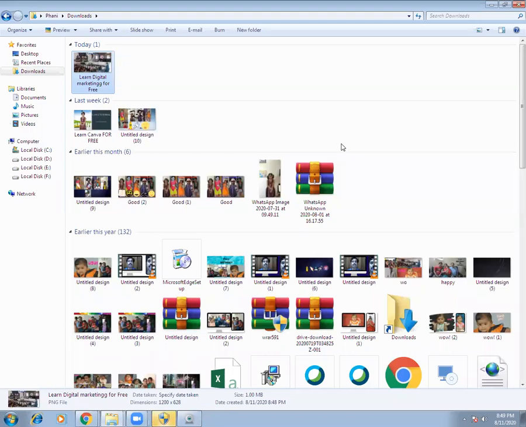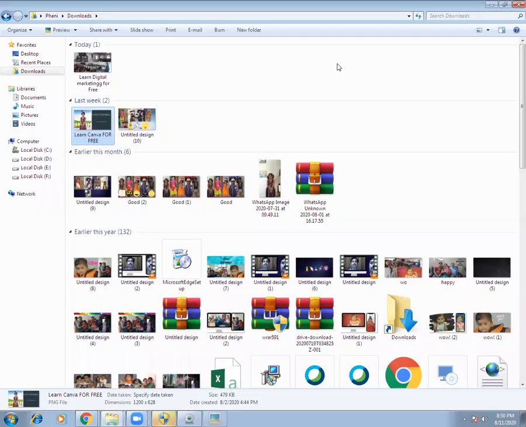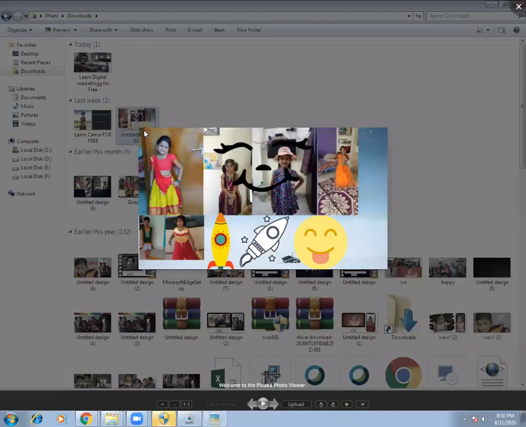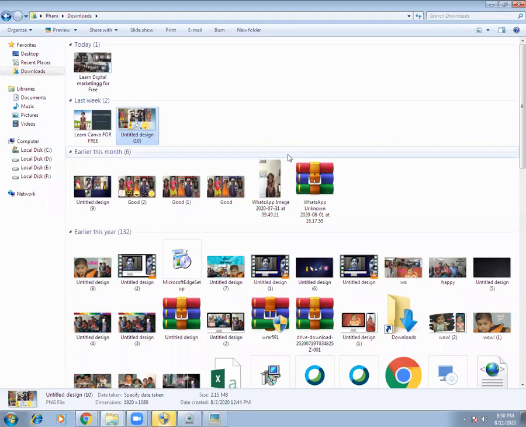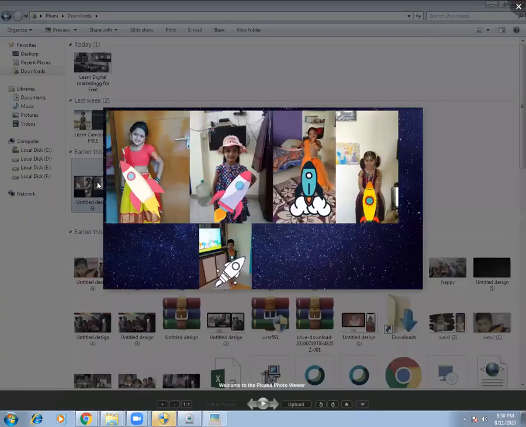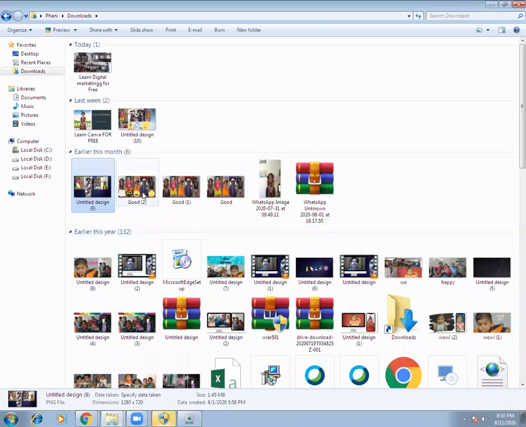See, I have my daughter who also uses Canva. She's very much inspired by it, and she has done a video on Canva. She's just studying in first standard and her name is Hasini. She uses Canva to design things. She did something like this for Friendship Day to inform her friends, some kind of crazy art. And for my dad's birthday, she has done something. All these images were done by her using Canva.